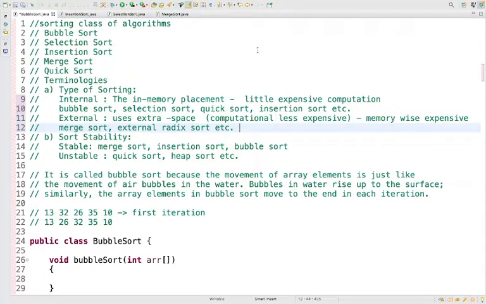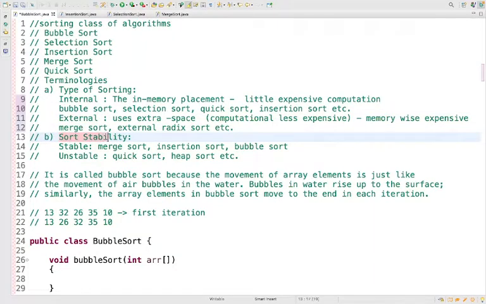So these are two aspects, internal sorting and external sorting, which are mostly related to the memory aspect. Whether you use the given memory and try to sort the elements in a particular order, or you use external memory to store intermediate results and then put everything together and give the final result. Now, another one is